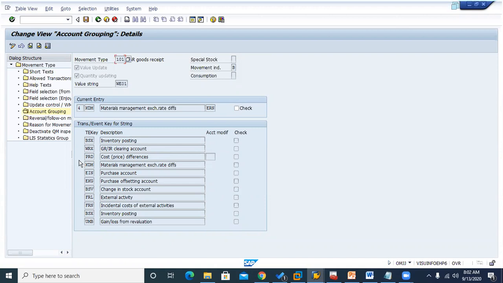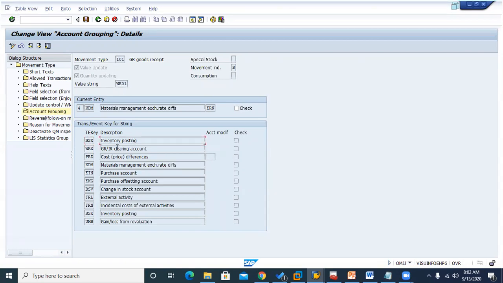I will tell you, this is actually backside, there is a program already by which if it is relevant for that one, it's going to hit that relevant one. I will tell you that is the reason. To explain this, I have taken one material with moving average, one material with the standard price. So what is happening actually in this BSX, definitely it is going to hit, because the material supposed to post is coming inside. It's supposed to reach the BSX only. That is definitely posted. So compulsory this account is going to hit.